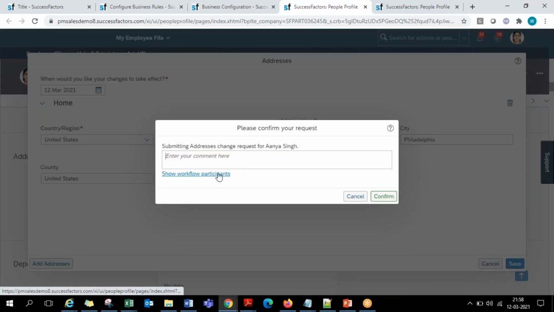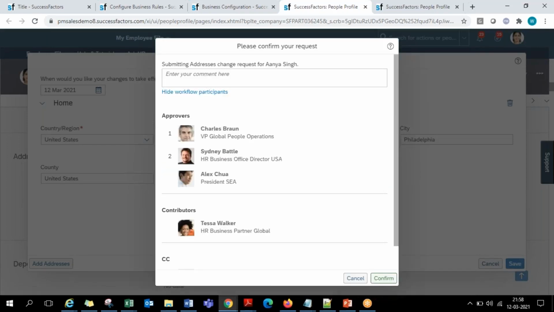When I click on confirm, first Charles Brown as the reporting manager will receive an email notification to either approve or decline, saying there is some workflow request pending for your approval. Along with him, parallelly, the contributor will also receive the email, because the contributor is also a person right from the first step of the workflow till the last step. He or she also should have access to the workflow. So when the first approver is notified, the contributor is also notified, saying that for a so and so workflow you have been assigned as a contributor and it is now waiting for your comments.